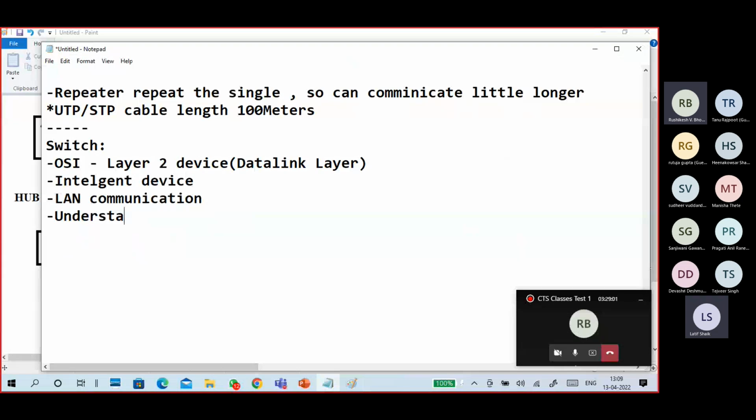It understands the MAC address in the packet and creates a MAC address table, MAT.